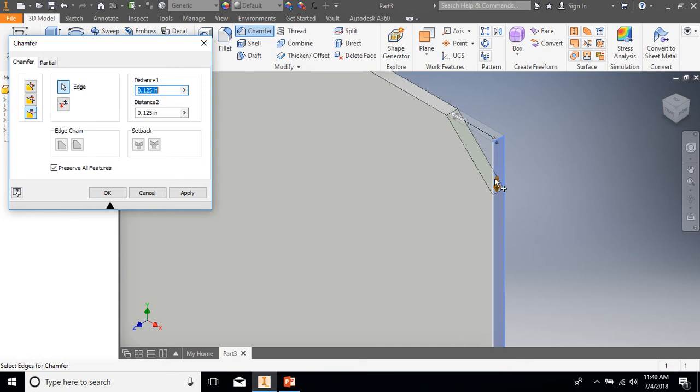You'll see now it's looking for distance 1 going this way, distance 2 will be going that way. So I'm going to put in a distance of 2.5 for distance 1, and then I'm going to go to the second one, highlight that, and put in 2.5 for the second one also. And we're going to just say OK,